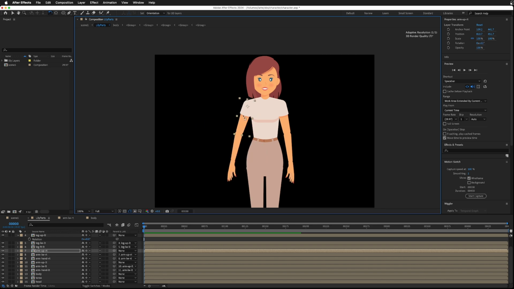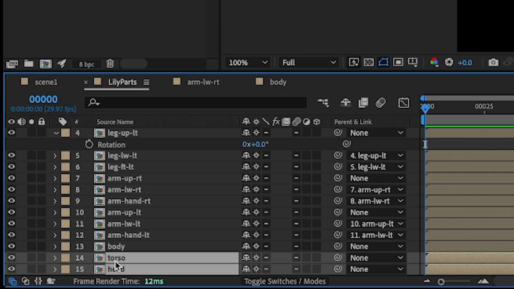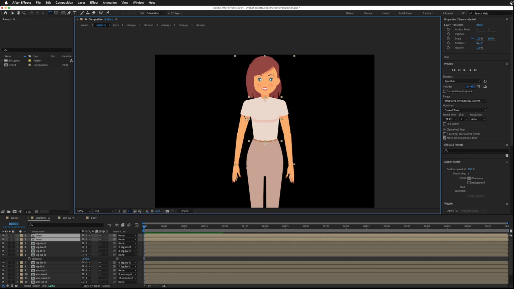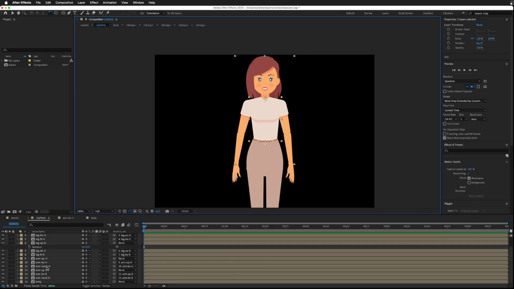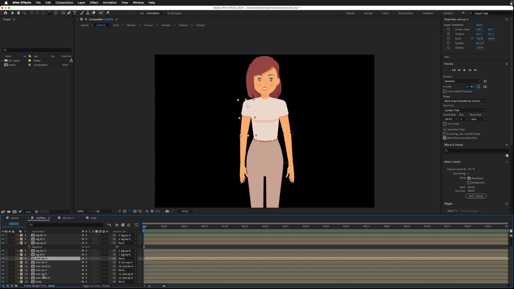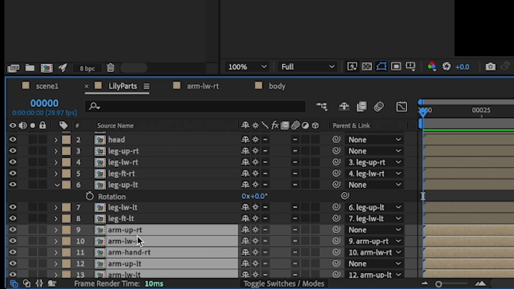Now, if you want your hands in front of your character, we're going to have to move all these layers above the torso. Not a big deal. That's really just these two. Maybe they belong all the way on top of this hierarchy. This way, when I pick the right upper arm and animate it, it's in front of the character, not in front of the legs. So all this also has to go ahead of the legs. So the right side, all the arms here. I'm going to drag